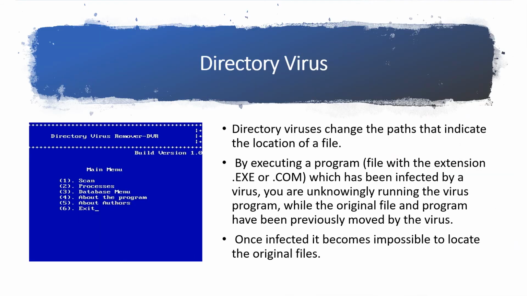So next is directory virus. As the name indicates, a directory virus, also called cluster virus or file system virus, functions by infecting the directory of our computer system. A directory is an organized unit or container mainly used to organize our folders and files. Coming to the virus, a directory virus changes the part that indicates the location of a file. Once a file is infected by this virus, it is impossible to locate the original files. This virus is a very fast infector and a resident virus type.